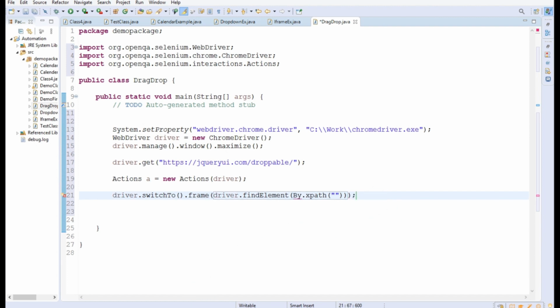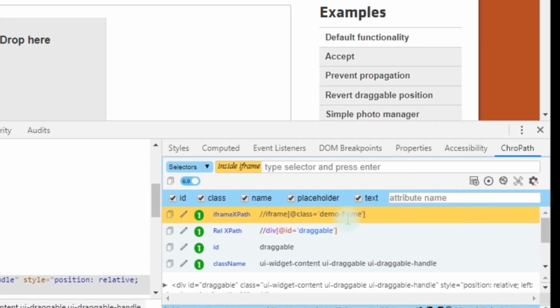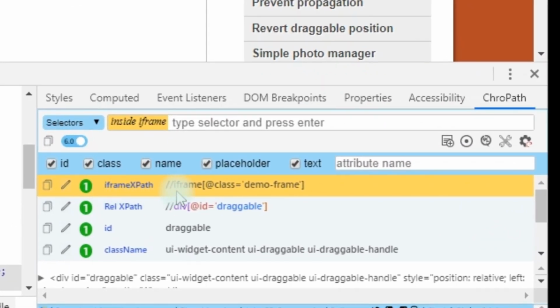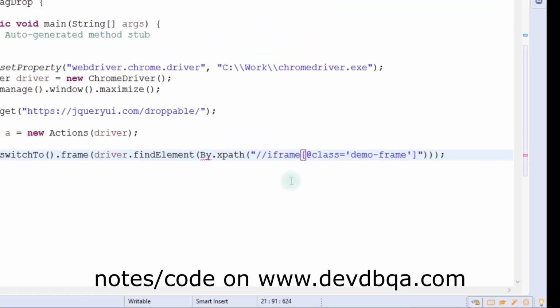For the XPath we will go to our browser, and ChroPath has given the iframe XPath as well. I will copy the XPath of the iframe. As you can see, the iframe XPath is written over here, and I will paste that here.